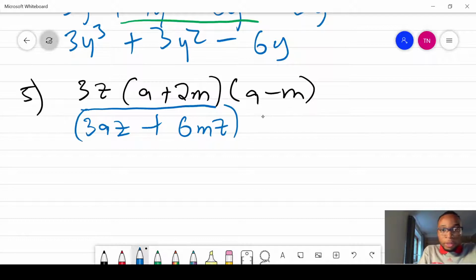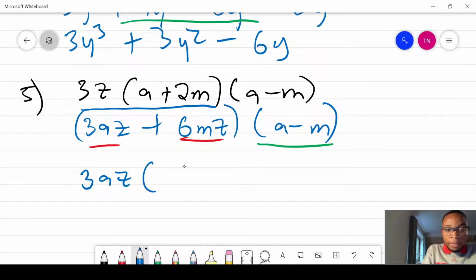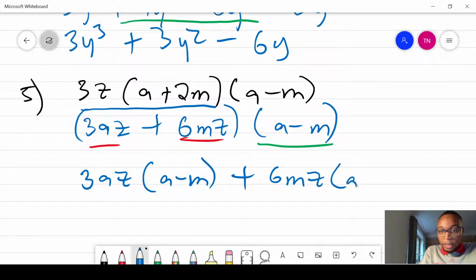And we put that in the brackets, then it's going to multiply a minus m. So the same process that we've been doing, this and that are going to multiply this whole thing here. So on doing that, we're going to have 3az multiplying a minus m. Then we're going to add this to 6mz multiplying a minus m. So on doing that, we are going to have